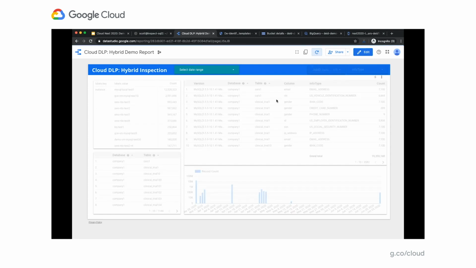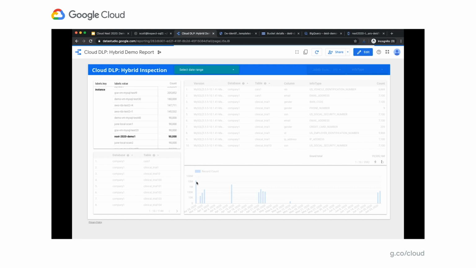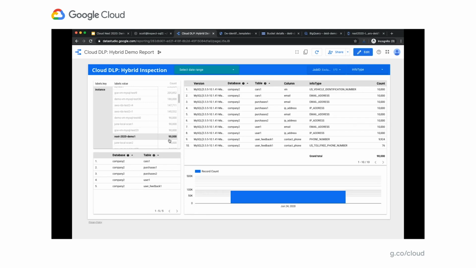And let's see if our demo data is available yet. So again, we sent that sample data into DLP. It inspected it. Now we're just refreshing to see if that data is available. Okay, so we see here we have Next 2020 Demo 1. Let's click there and see if we can see any findings here. It looks like we found 90,000 different things. Again, sending 10,000 rows per table, there could be multiple findings per row, so that's probably where we got to the 90,000. Great. So we see a couple different tables here, and we're going to look at this first one,